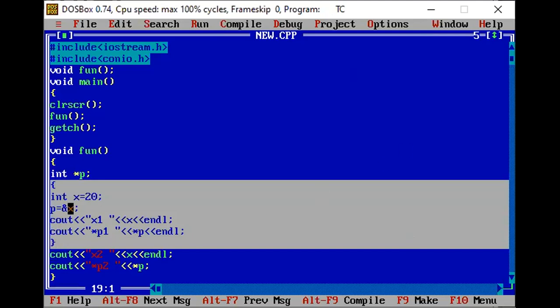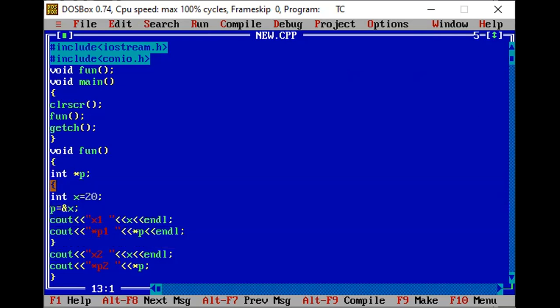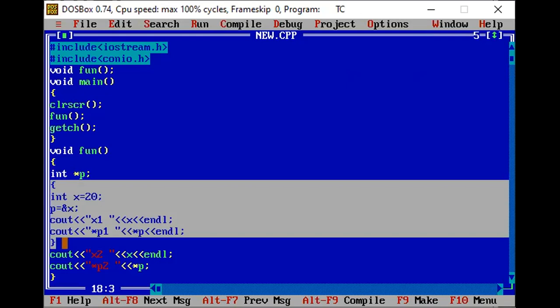As the definition of a dangling pointer says, it holds the value of an inactive area. Inactive area means the scope of your x variable starts from here to here. After the closing of this curly parenthesis, the scope of your x variable has been closed.